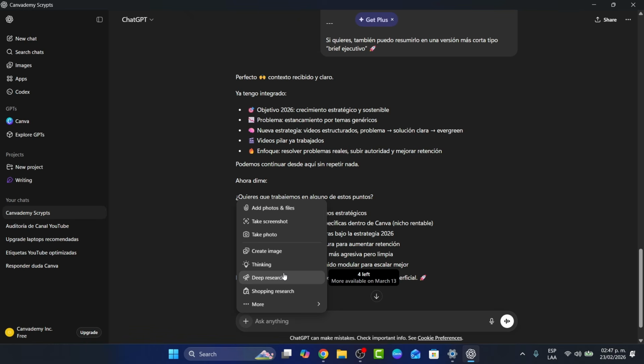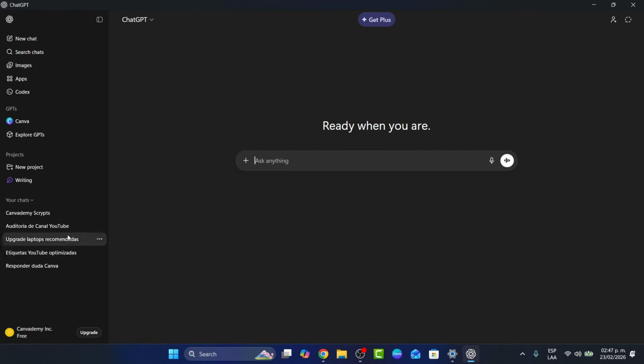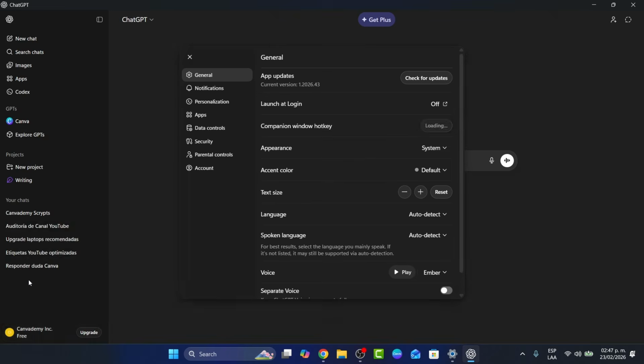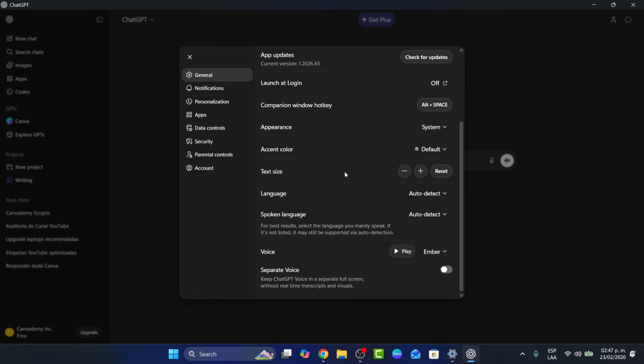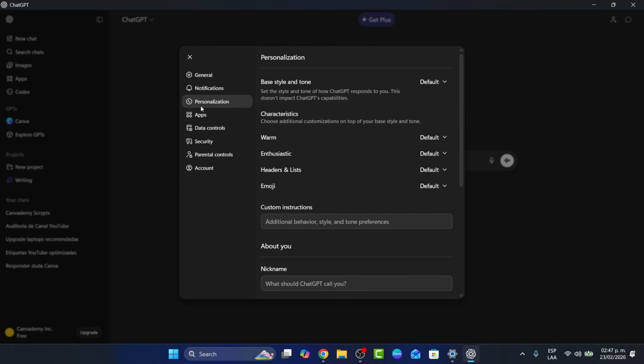Now let's clear the site specifically. You don't want to clear the entire browser history, that's overkill because there are a lot of chats there. You want to clear the data from ChatGPT. This logs you out and removes the junk that accumulates over weeks. So usually what I do is go to my ChatGPT account and go for settings. In settings, you can see that down here we want to look for, let's say, notifications. Let's go for personalization,